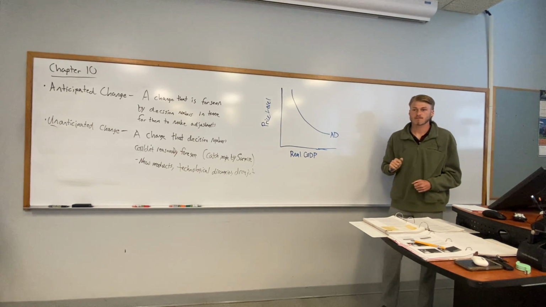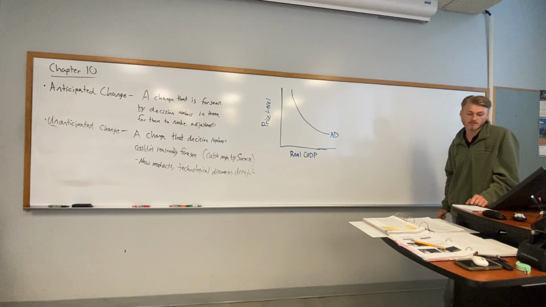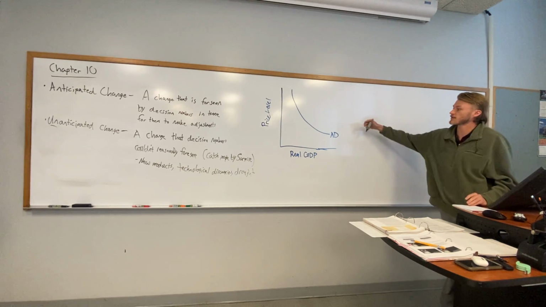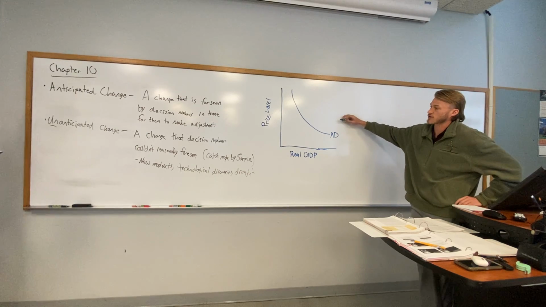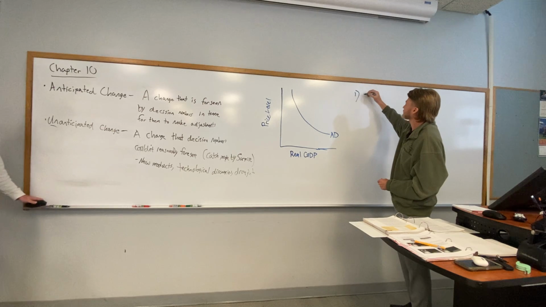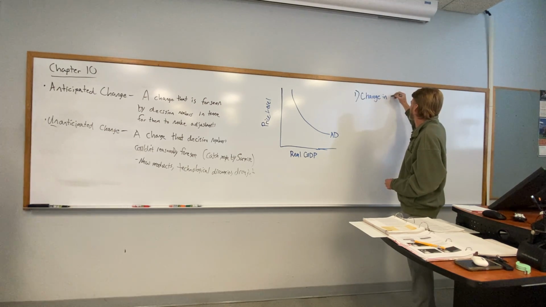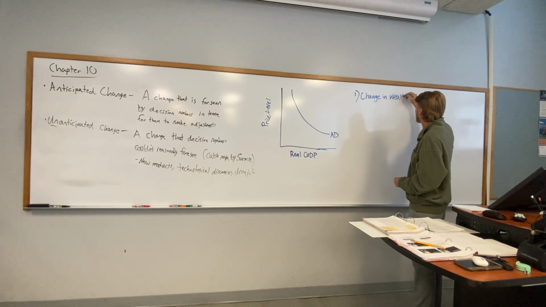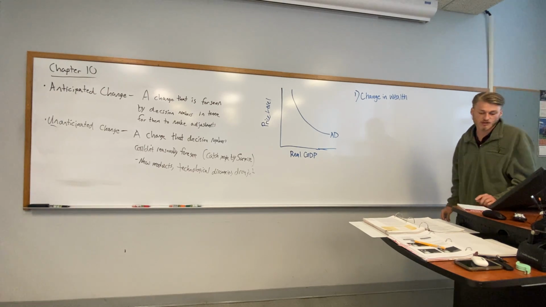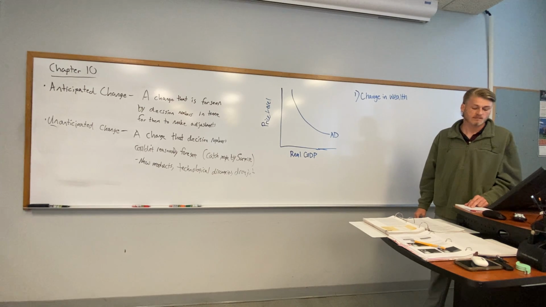As our baseline. All right, so the aggregate demand, just as a reminder, is the total demand of all finished goods in the economy. And so we're going to look at all the different factors that could shift our aggregate demand curve either to the right or to the left. So first we have a change in wealth. So most of the ownership or the wealth in the U.S. is from stocks and housing.